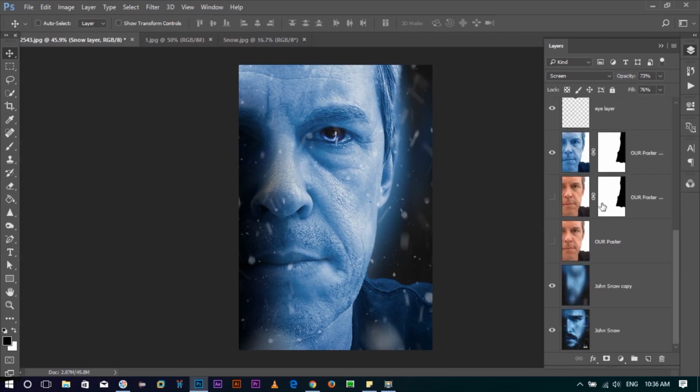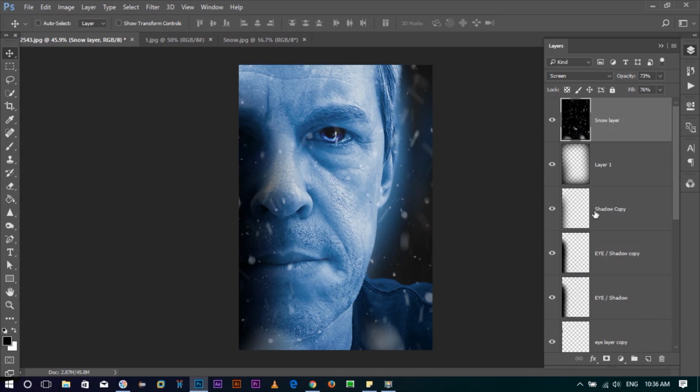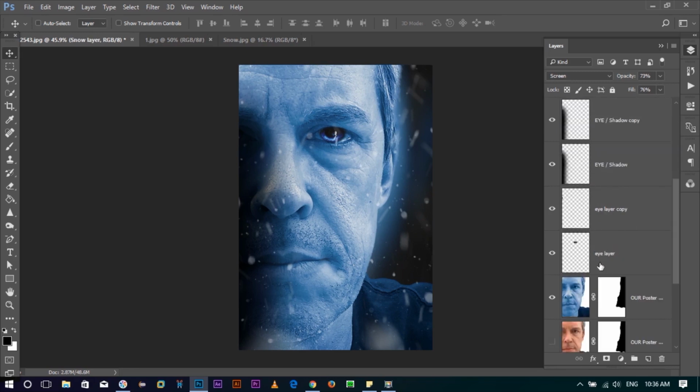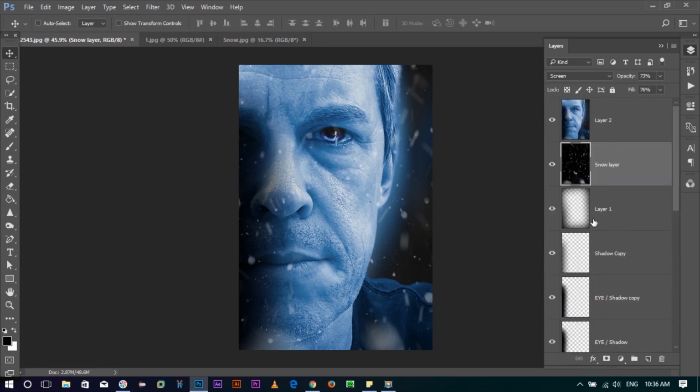for your image. When your image is looking like this, just hit Control Shift Alt E on your keyboard. It will create a new layer out of all your visible layers here. Not these two layers, other layers that are visible. It will create a new layer out of them. So I will rename it as